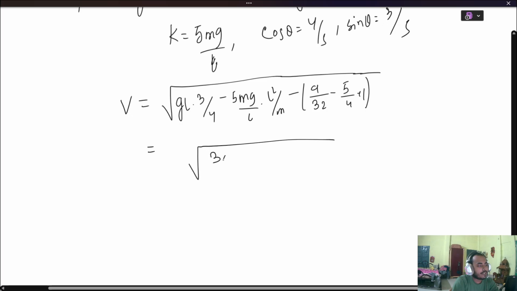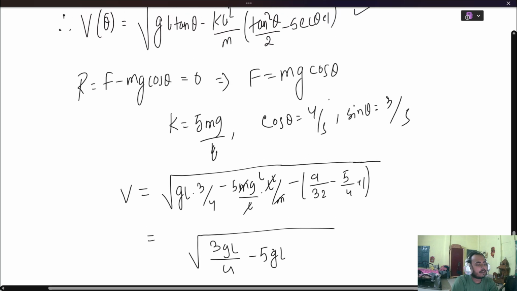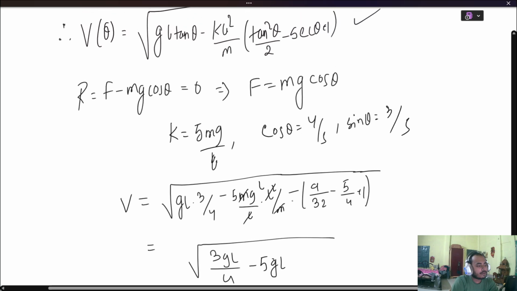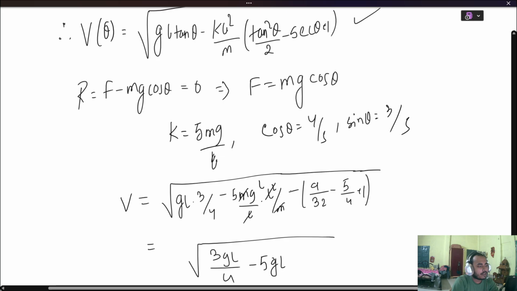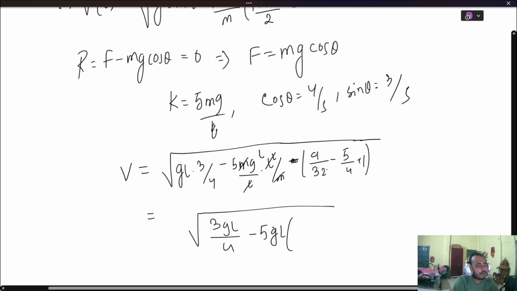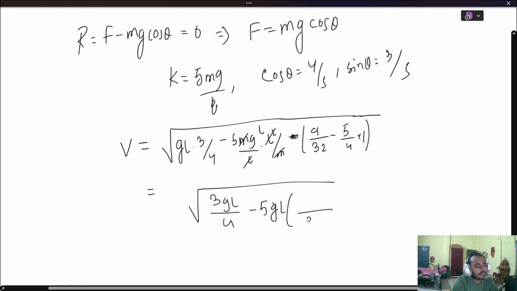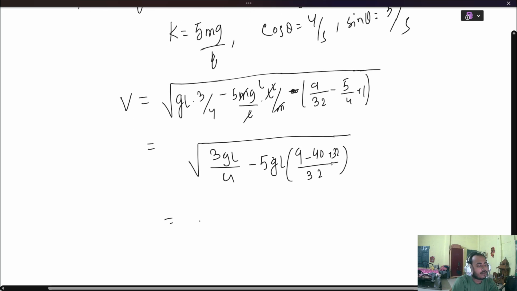This basically gives you 3GL by 4. This M and M cut off, and there is an L which is getting cut off. So this is minus 5GL, right? And into the 5GL we have tan² θ by 2. So okay, I do not know why I wrote this. This is not required. 9 by 32 minus 5 by 4 plus 1. So take 32 as the LCM and you get 9 minus this is 8, which is 40, plus 32. So 32 plus 9 is 41 minus 40 is 1 by 32. So simply you get